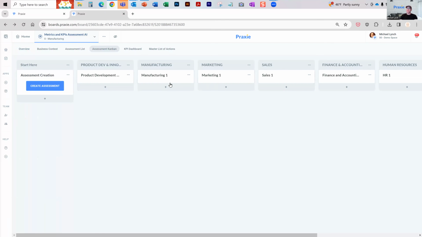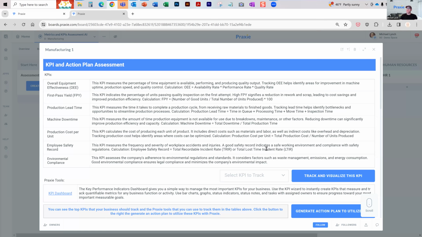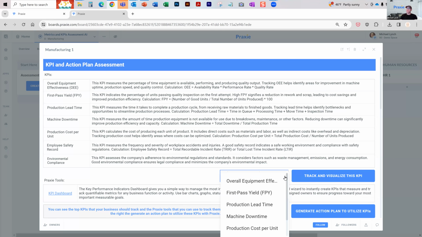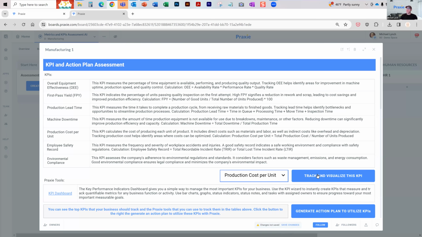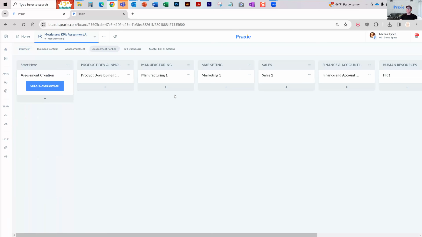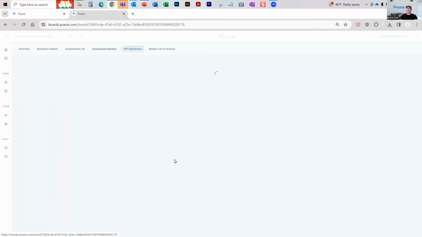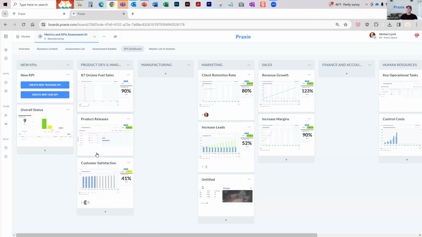So now that I've generated that, what you can do here is you can track and visualize the KPI. So I can now select one of the KPIs I might want to use. And then if I click this button, it'll go generate the KPI. Now that comes over here to our KPI dashboard. So I've built all my KPIs. Now in my KPI dashboard, I can generate my KPIs.